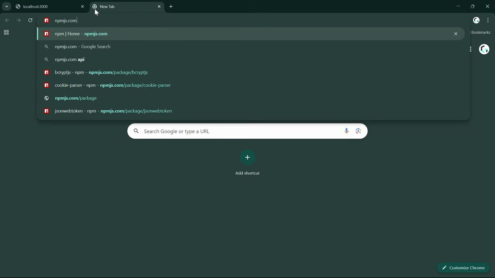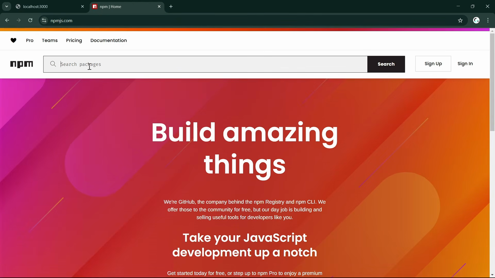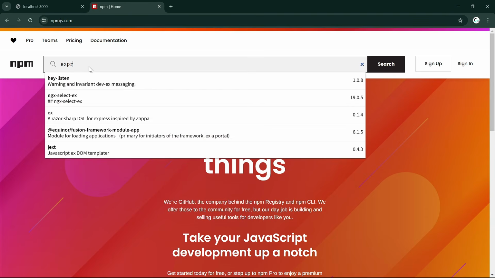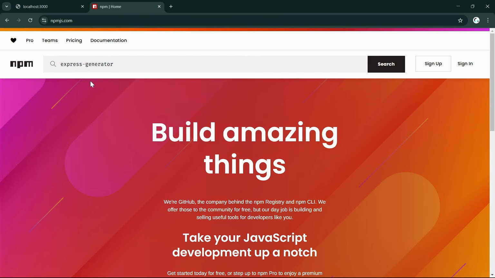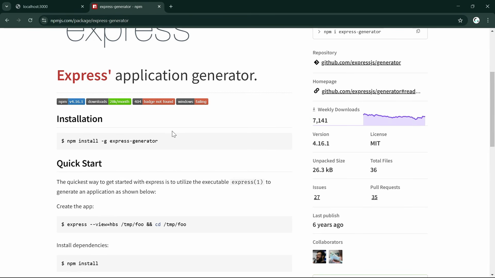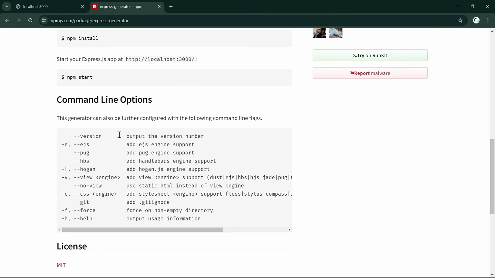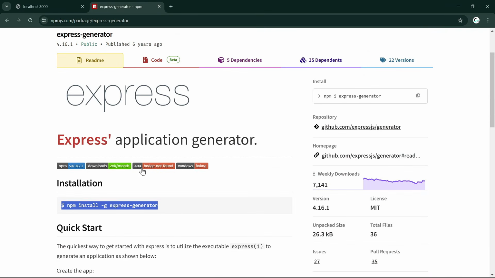For that, we will come back to the web browser and here we will open npm.js and search for Express generator. So we will get this package, Express generator. Here we will install this package globally in our system and we can use it to create the Express app. Here we have some flags. Using those we can customize our Express app. So using this package, we will create an Express application. For that, we will simply copy this command